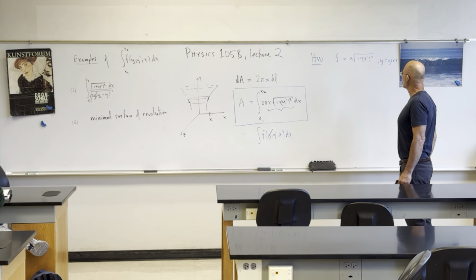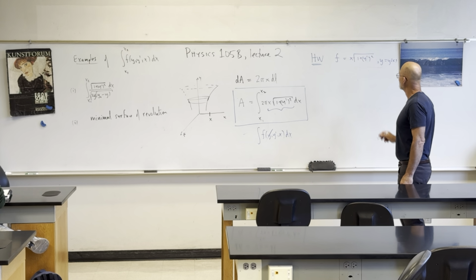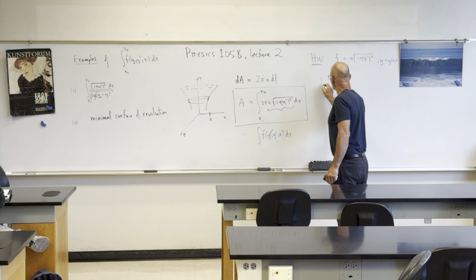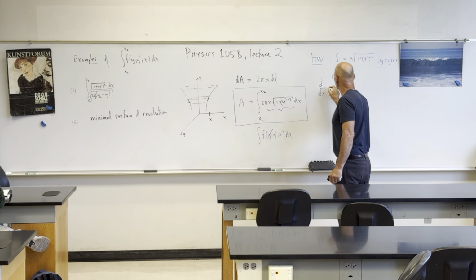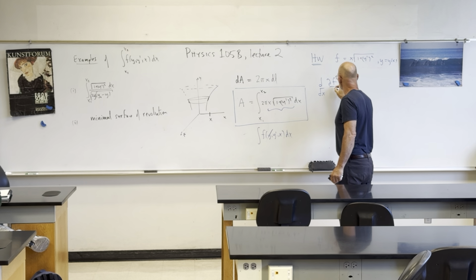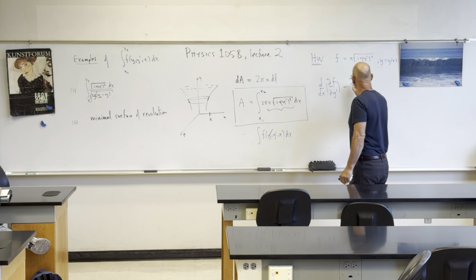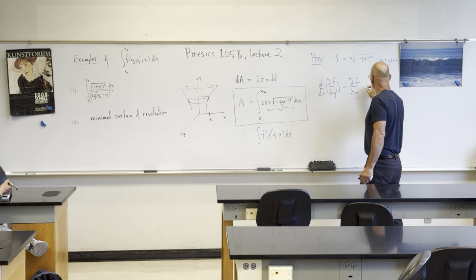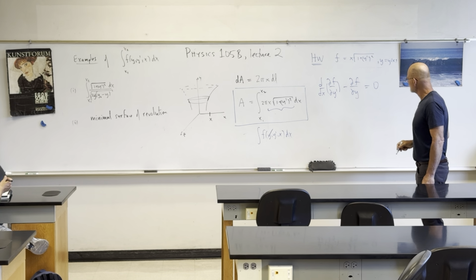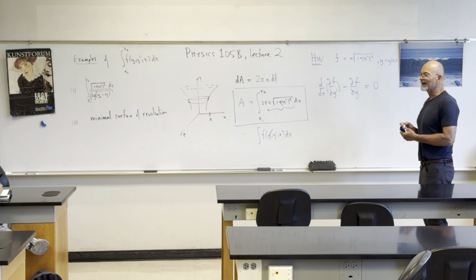And we're in luck with this one. Let's just write down what we have. d over dx of partial f partial y prime, and partial f partial y is 0. So I say we're in luck